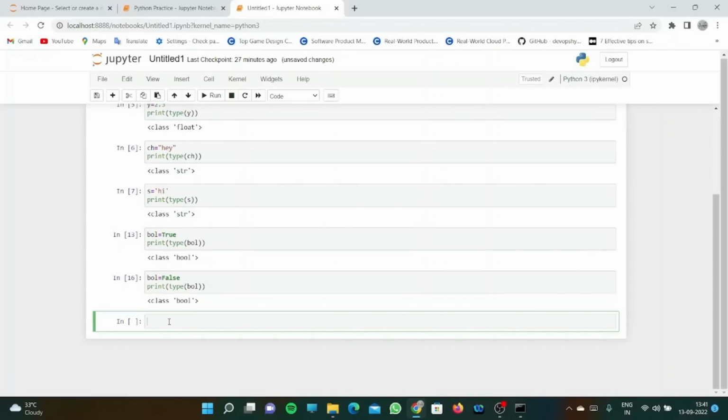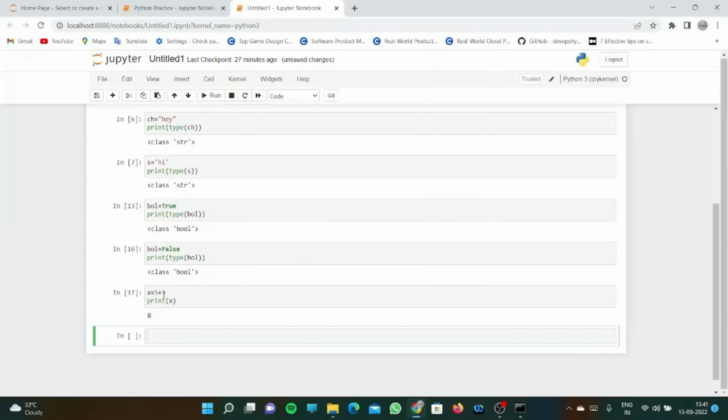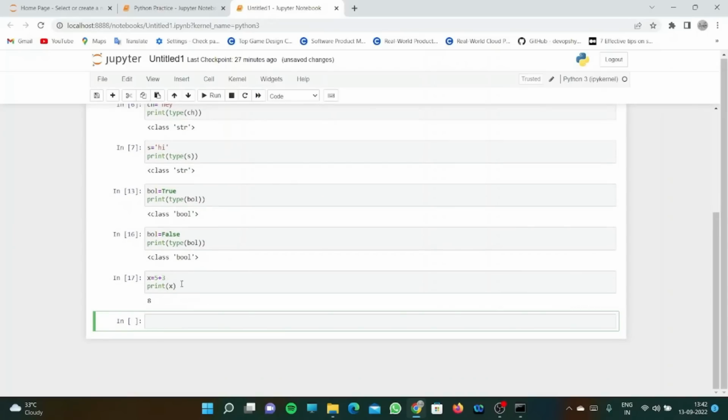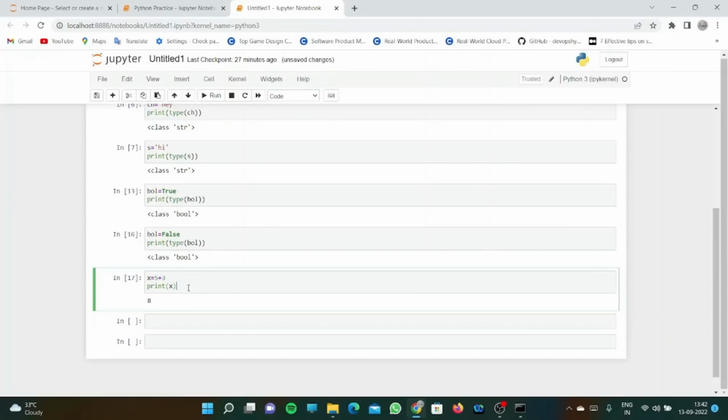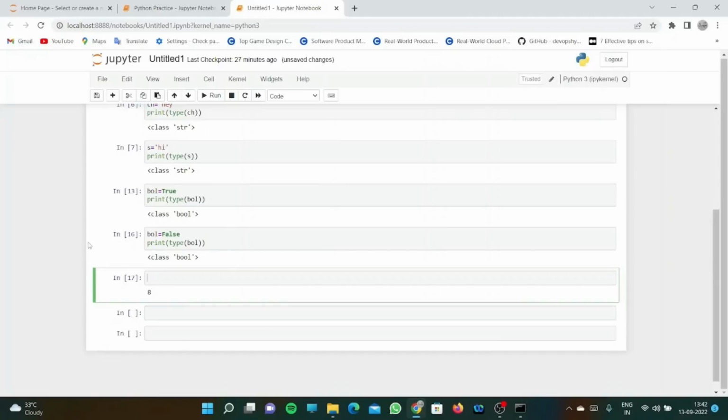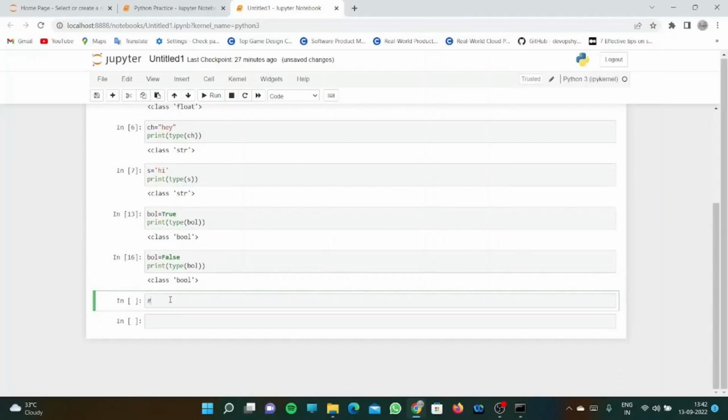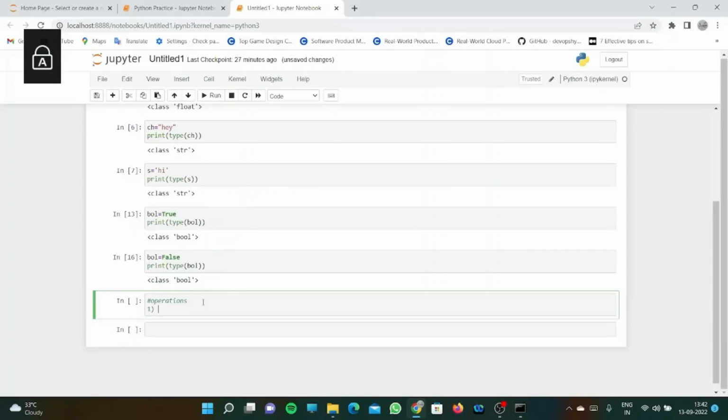Now after this, let's perform some operations, right? Suppose you have x is equal to 5 plus 3. Now if we print x, we'll get our sum as 8, right? So our first operation that we've performed here is addition. Let me delete this. Let me give a heading first. Operations, right? So the first operation that we're going to perform is addition,